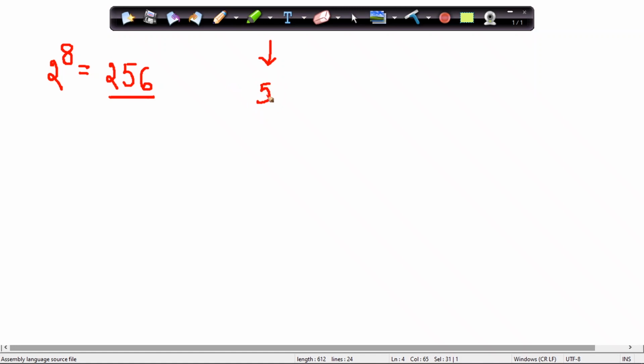If you do 5 square, the result will be 25. How have we achieved this 25? By multiplying 5 with the same number 5 again. The same number is multiplied with itself, so the result we get is the square of the number.